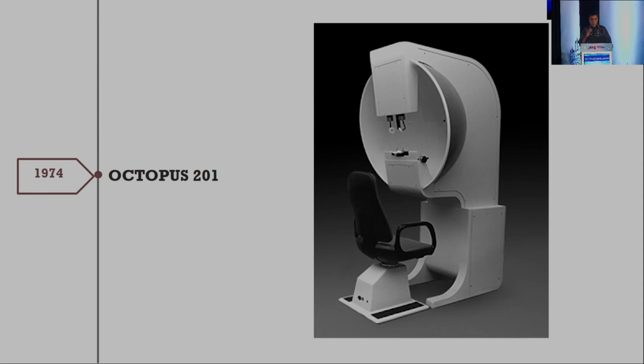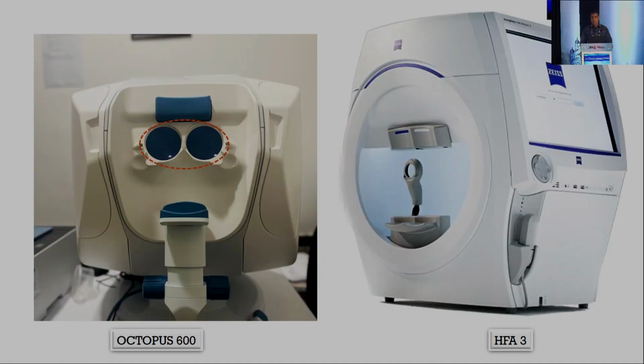Okay, the Octopus was actually the first automated perimeter that came in 1974. The Humphrey came almost a decade later. The most widely used model of Octopus is the Octopus 600, which is on the left of your screen there. You can see that it's not a cupola-based perimeter like the Humphrey. This is a screen-based perimeter where the patient looks into a screen through those rings which I have marked in